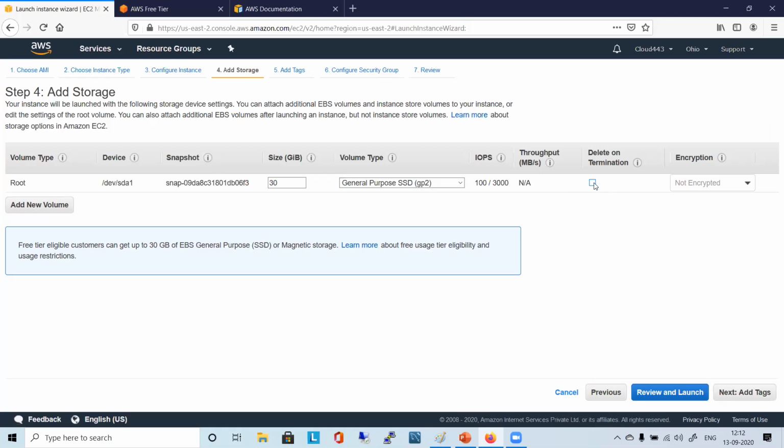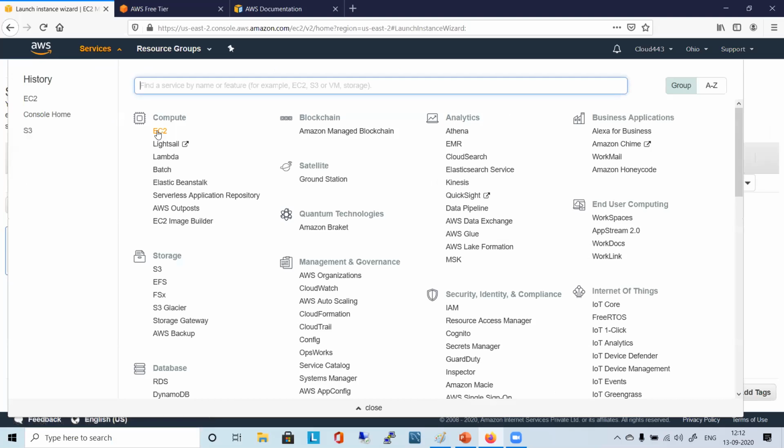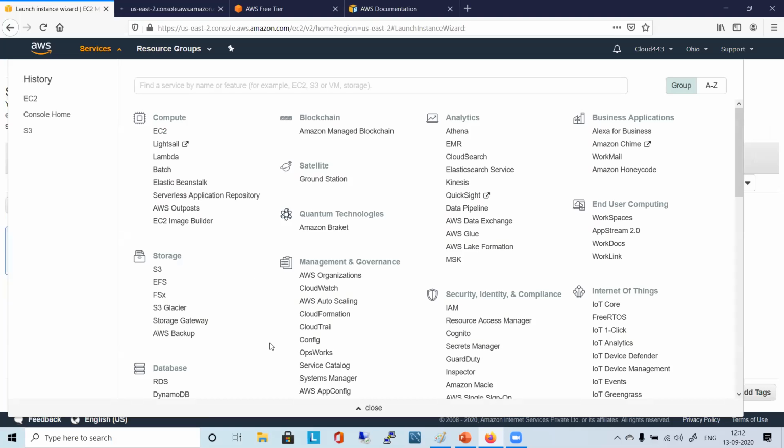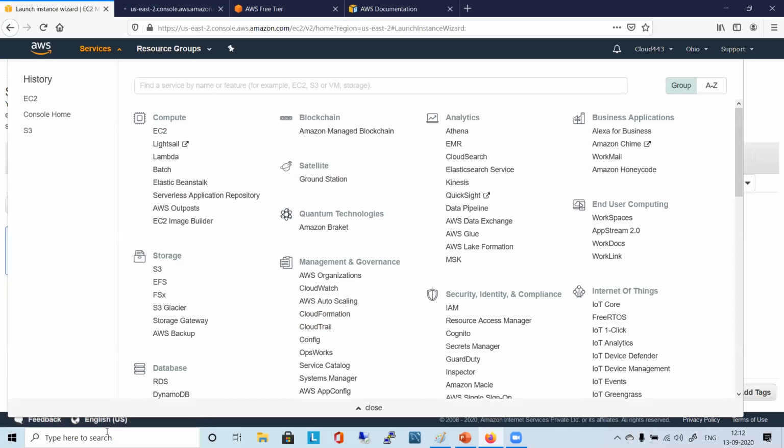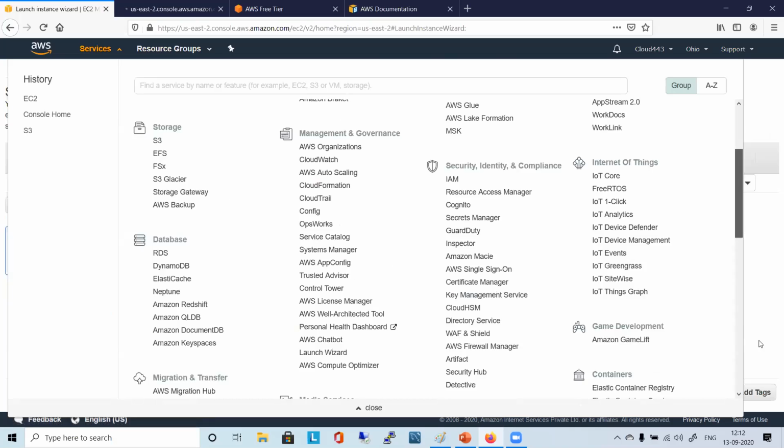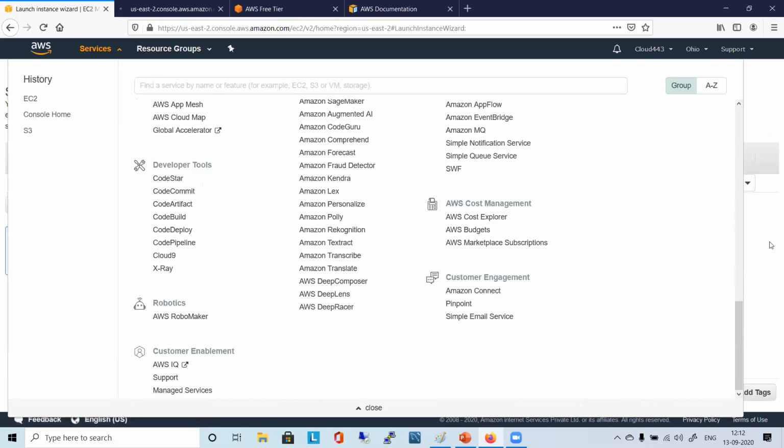Okay, so I'll go and check if my volumes are still there. Maybe I can check it right away. I'll open a new tab. EBS is basically block storage. Is it like a disk attached, or inbuilt?